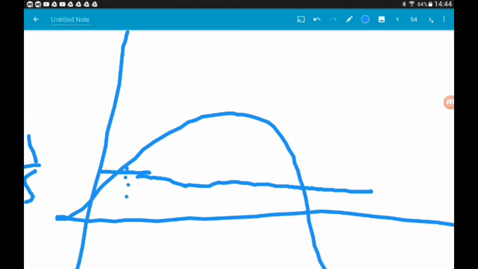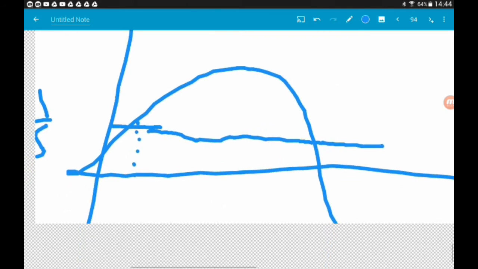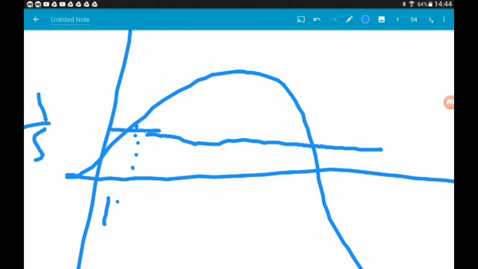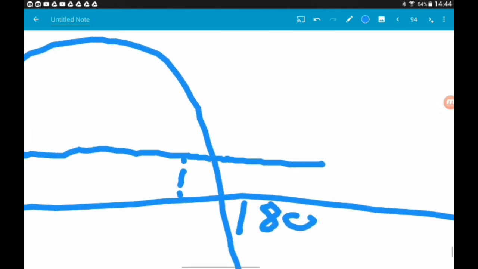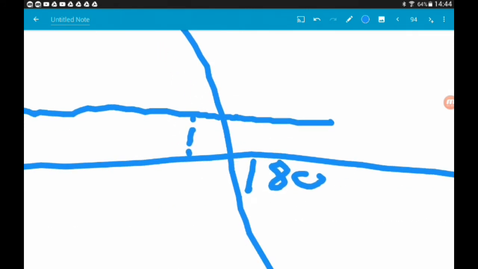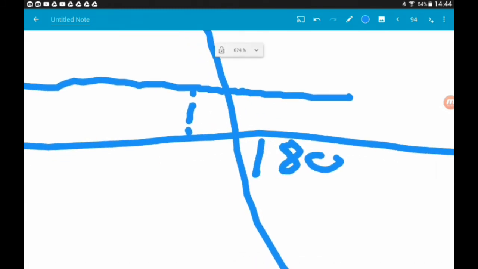So we got this first one here at 11.5. So this one is going to be, remember this x-intercept is 180. So this second guy is going to be 180 minus 11.5, which will give us